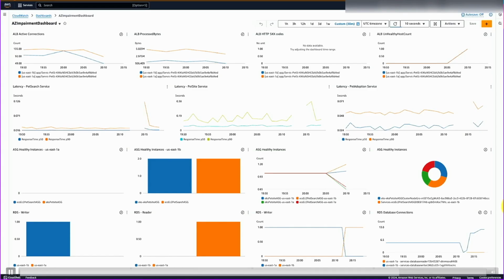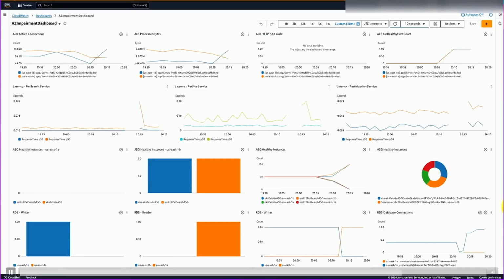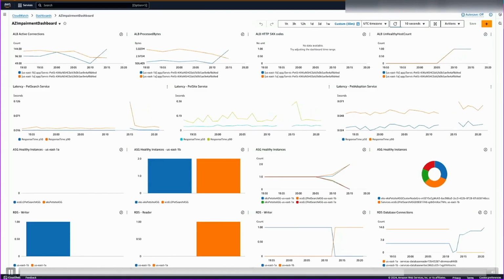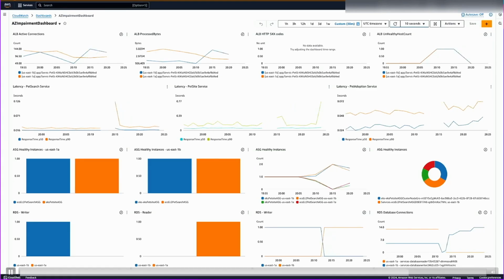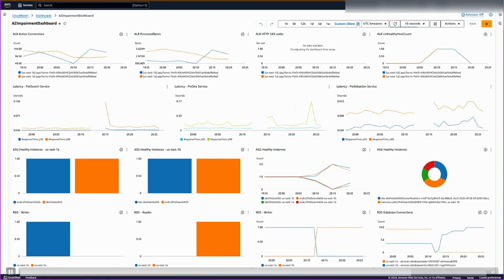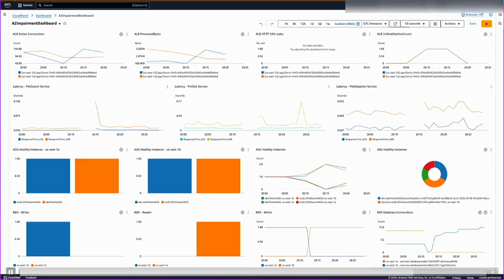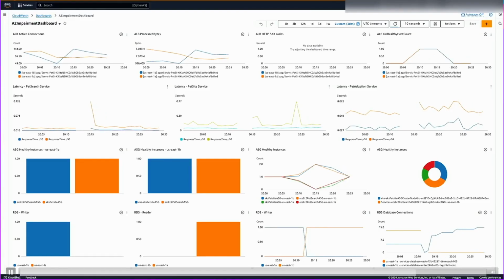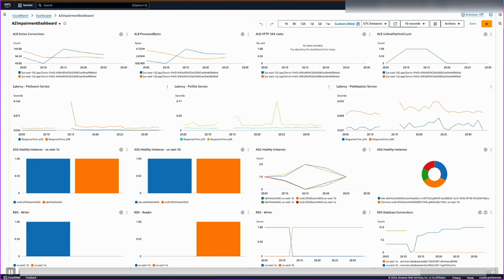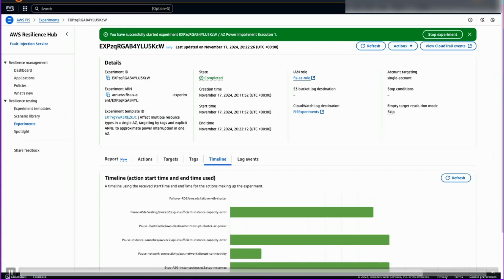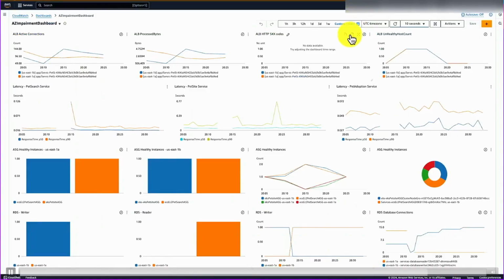And then back to the CloudWatch dashboard. So it's going to recover in a second because the experiment is over. The outage is now recovering. You can see that we now have healthy instances in AZ A. You can see that middle box there. We see the healthy count per AZ changed from 1 to 0 in AZ A, and then in AZ B it took over with launching 2 new instances.